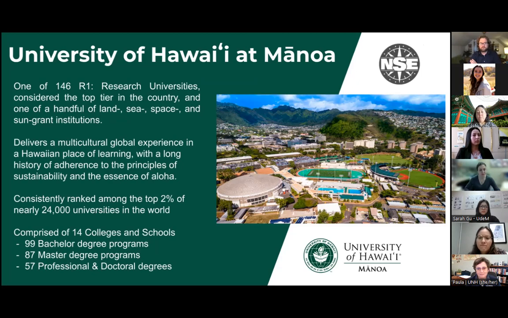We are consistently ranked in the top 2% of nearly 24,000 universities around the world. And we've got lots of things to offer in terms of academic studies. We've got 14 colleges and schools. We have 99 bachelor degree programs, 87 master's degree programs, and 57 professional and doctoral degrees. And if we go to the next slide,